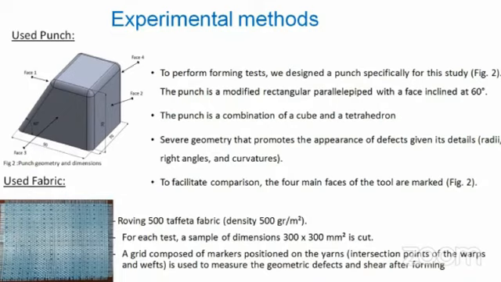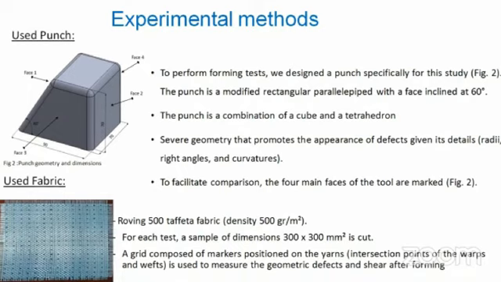The punch is a modified rectangular parallelepiped with a face inclined at 16 degrees. It is a combination of a cube and a tetrahedron, a geometry that promotes the appearance of defects given its details, radii, right angles, and curvature. To facilitate comparison, the 4 main faces of the tool are marked in figure 2. Roving